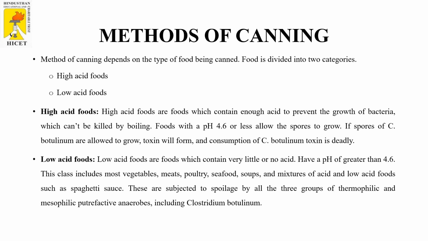Coming to the methods of canning, the methods of canning depend upon the type of food that is being canned, and the food is divided into two categories. One is the high acidic foods, and the other one is low acidic foods. In case of high acidic foods, this will prevent the growth of the bacteria that cannot be killed by the boiling process. So the foods with a pH of 4.6 or less do not allow the spores to grow, and